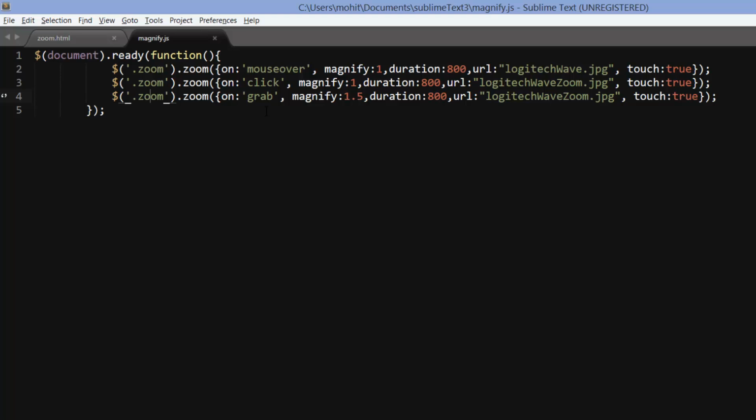But this time, if somebody grabs and just simply does not click and release the button, if somebody grabs, clicks and holds, keeps it pressed, not releasing the left mouse button, if somebody does that, change the magnification from 100% to 150%. Again, you can play around with the values. So the zoom value shoots up even further by 50%. The duration remains the same. I found this duration to be nice for the fade in, this duration is for the fade in, guys, the transition. But the image remains